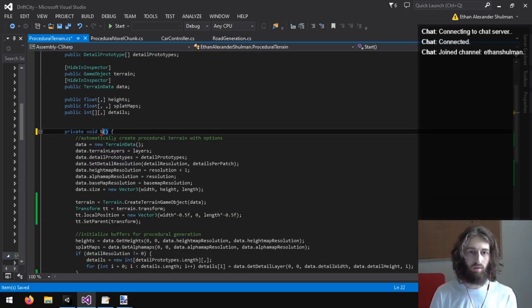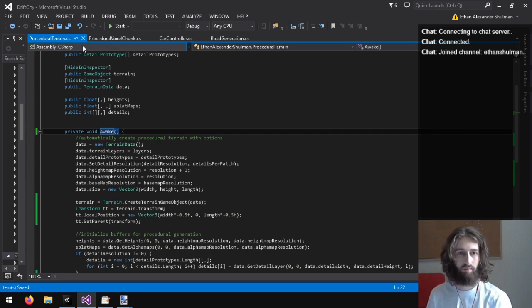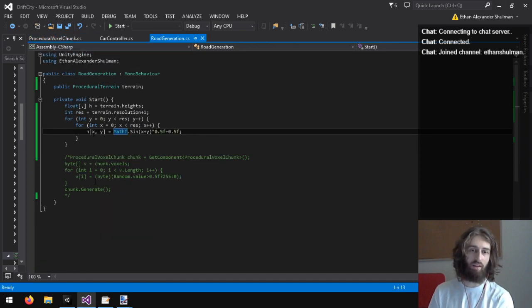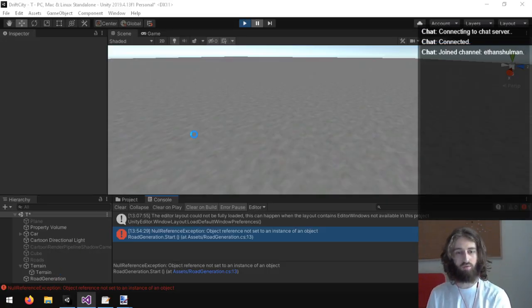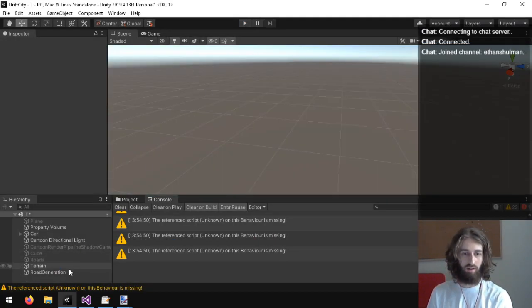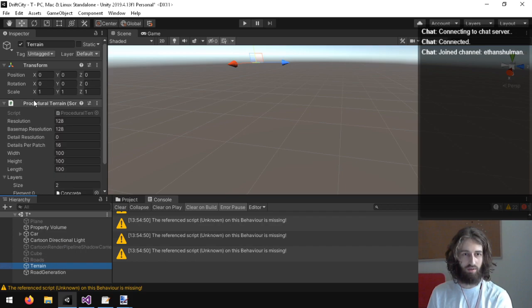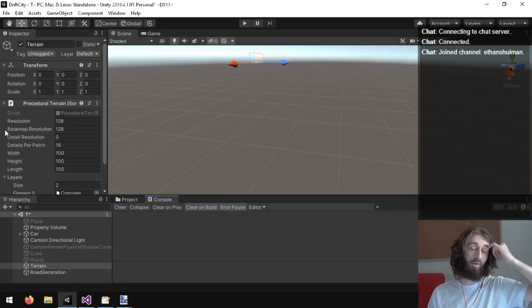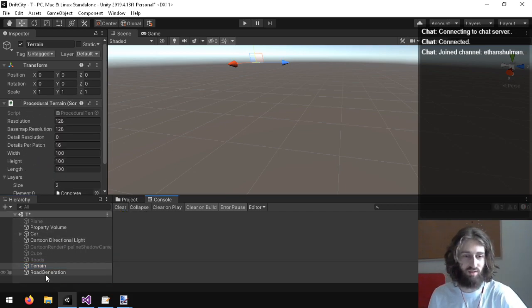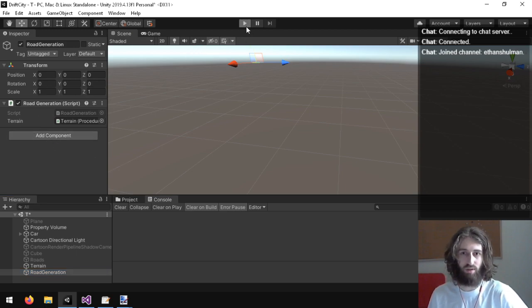Okay, this should be an awake, not start. Oh man, I actually hate Unity. I just realized there's no way to control whether or not this gets initialized before this. I just need to hope that the procedural terrain is actually initialized before road generation here.